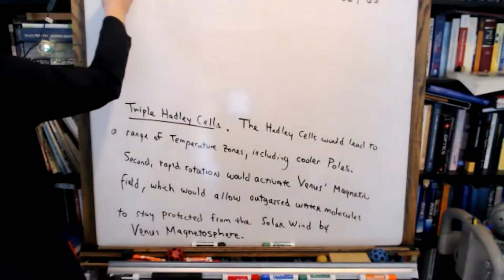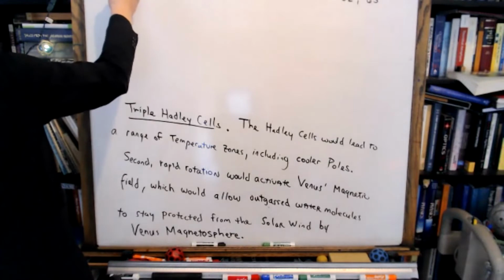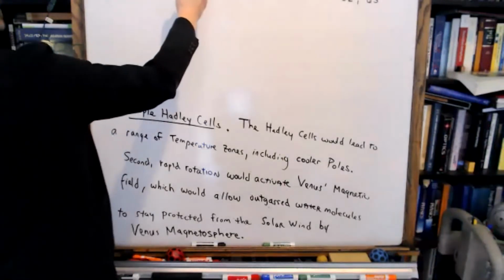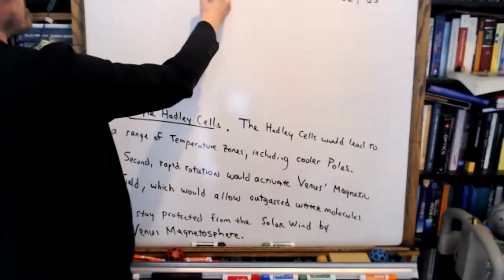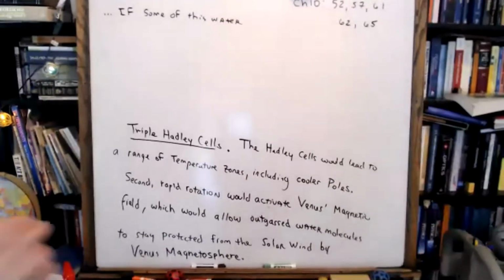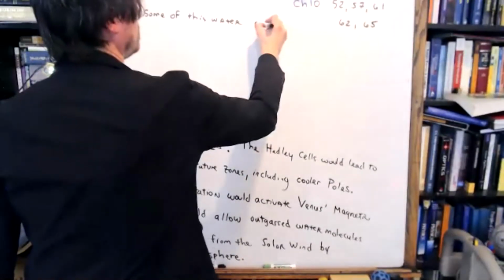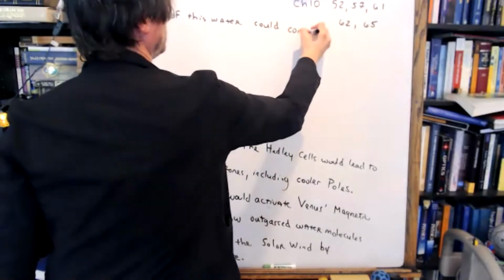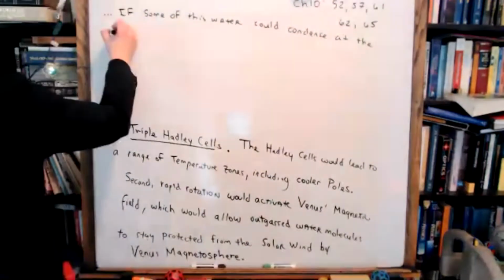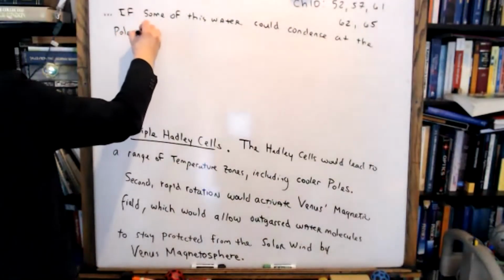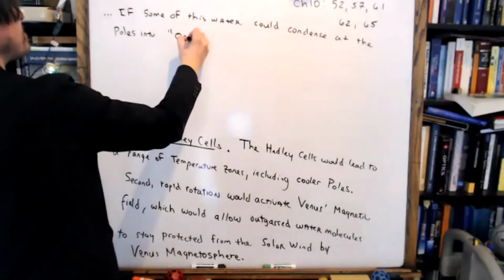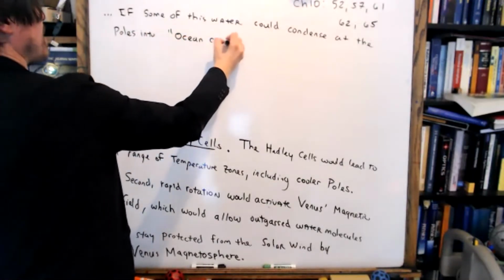So continuing on, if some of this water could condense at the poles into, let's call them, ocean caps,